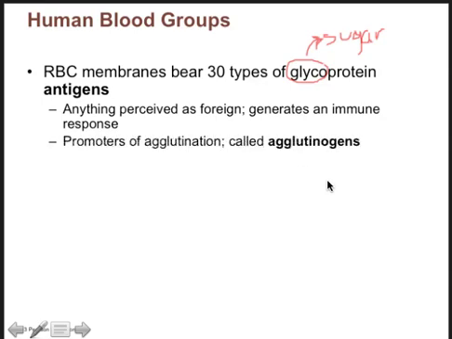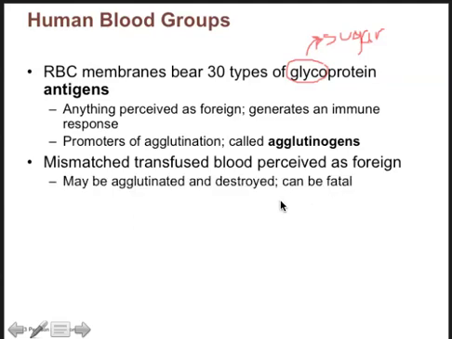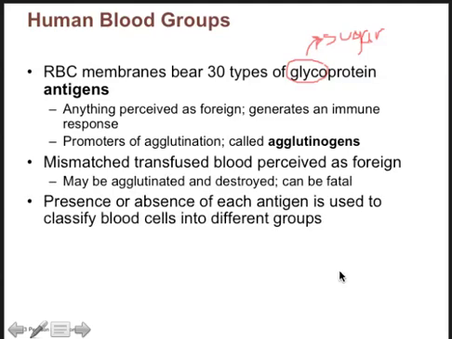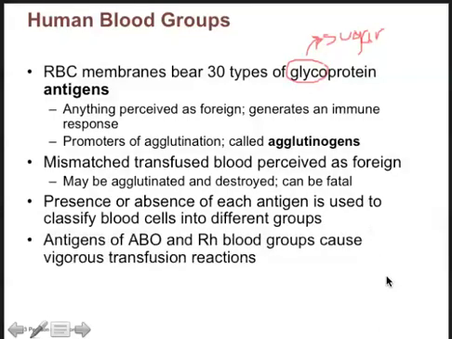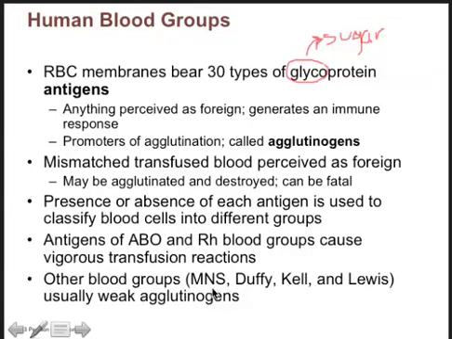Promoters of agglutination, called agglutinogens, are what we refer to these red blood cell antigens as. Mismatched transfused blood can be perceived as foreign. It can be agglutinated and destroyed, and this can be fatal. The presence or absence of each antigen is used to classify blood cells into different groups. Antigens of the ABO and RH blood groups cause vigorous transfusion reactions. Other blood groups, such as MNS, Duffy, Kell, and Lewis, are usually weak agglutinogens, and they don't come into play when we're considering